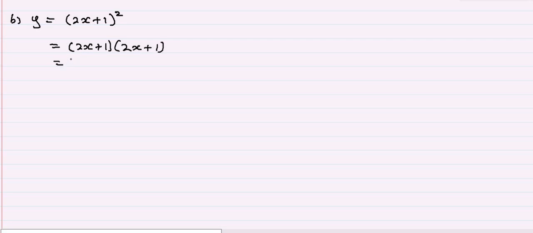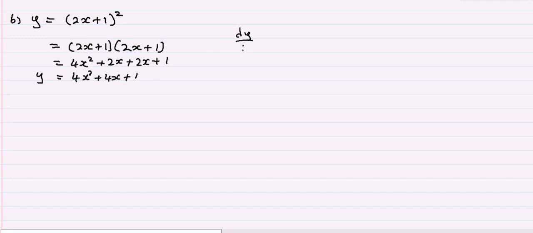Then when we simplify this, it is binomial by binomial. 2x multiplied by 2x is 4x squared, 2x multiplied by 1 is plus 2x, 1 multiplied by 2x is plus 2x, 1 multiplied by 1 is 1. So this is the same as 4x squared plus 4x plus 1. We haven't found the derivative, we're just expanding. So if you need the derivative, we're going to say